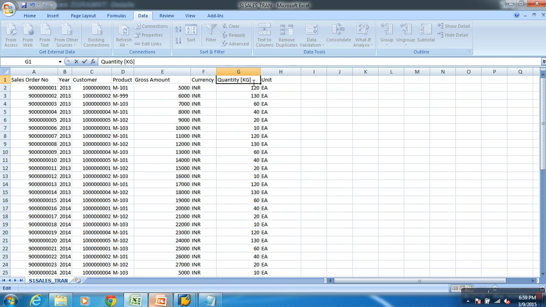You will create a key figure quantity with fixed unit as kg. But that is not the case now. What is the difference between a quantity key figure and a number key figure? Both will hold decimals. If I create a key figure of type quantity, it will hold numbers with decimals. If I create a key figure of type number, it also holds decimals. But what is the difference? When you create a key figure of type quantity, it must be associated with some measure. If it's a number, it doesn't have any measure.